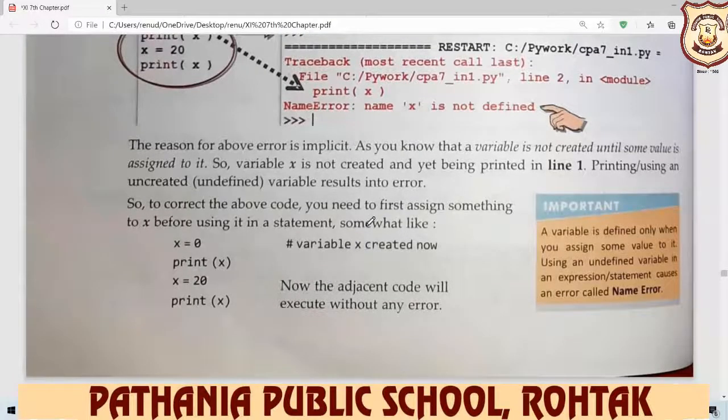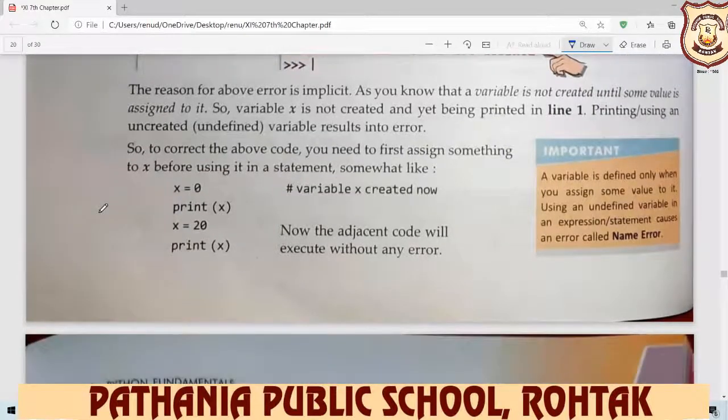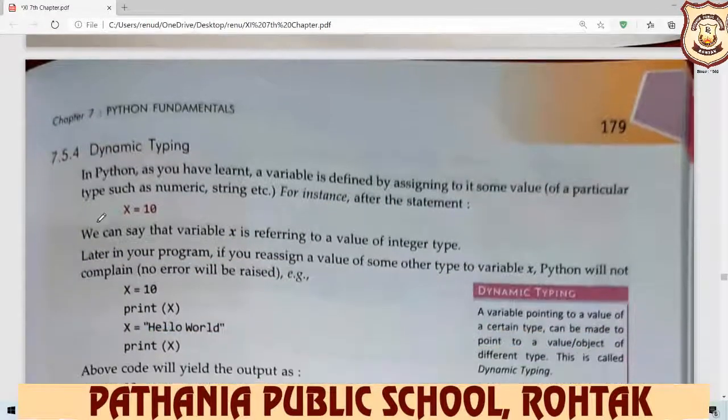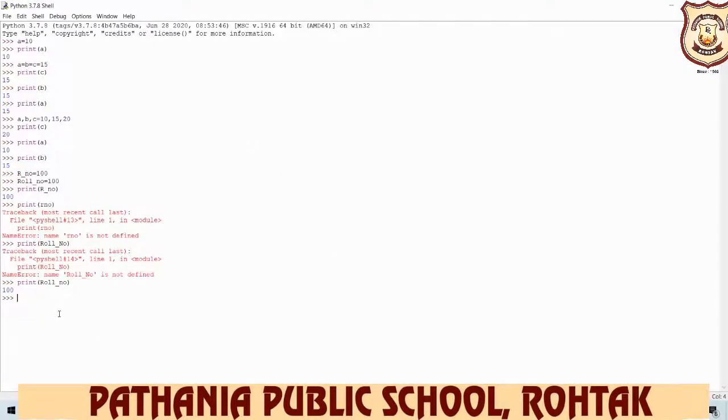The reason for the above error is implicit: as you know, a variable is not created until some value is assigned to it. So variable x is not created and yet is being printed in line 1. Printing an uncreated, undefined variable results in an error. Now dynamic typing, very important. If you want to see it practically, we do it here.